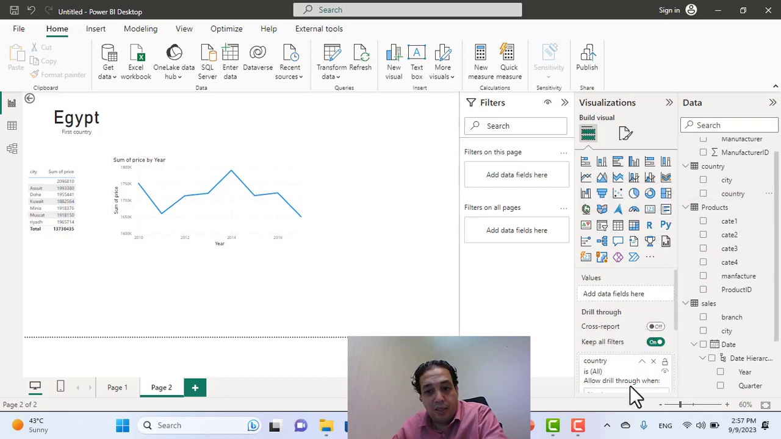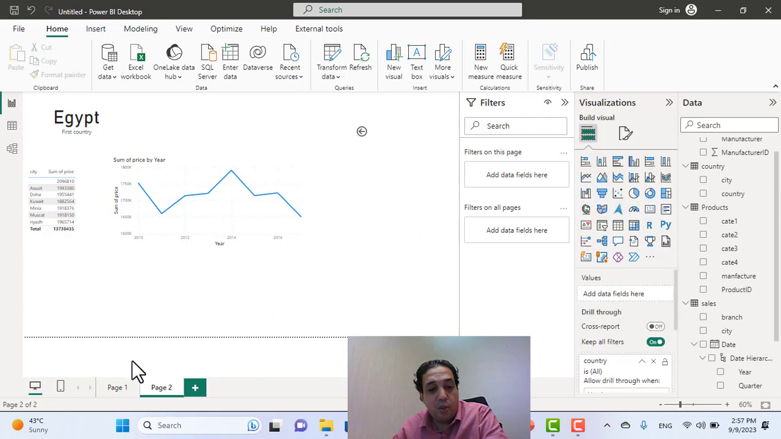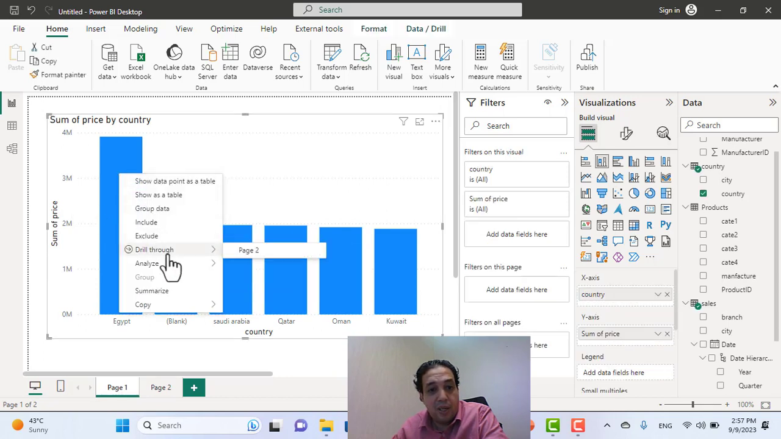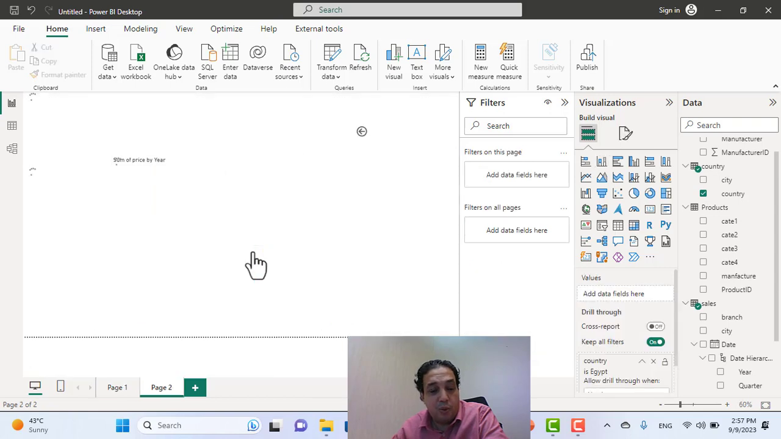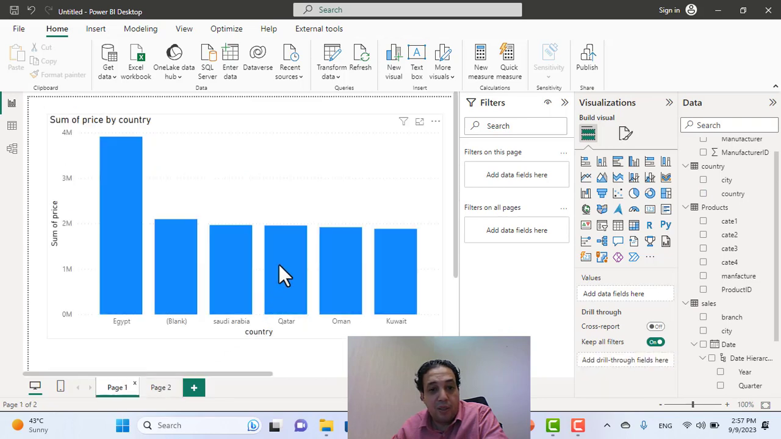If you successfully add the country as a drill through, you'll find this back button here. Now, from any page in your report, as long as the country is part of the visual, you can just right click and drill through to the detailed page. So because I right click Egypt, I can see Egypt, but if I right click Qatar,